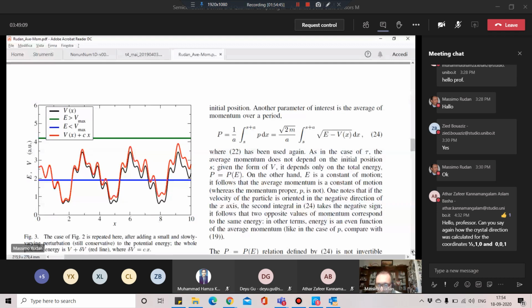Okay, so in some sense we destroy the nice calculation that we have done, because instead of a periodic potential energy, we have another potential energy that is the sum of one periodic and the other non-periodic. Okay. However, we can still consider the average momentum. Why? Because